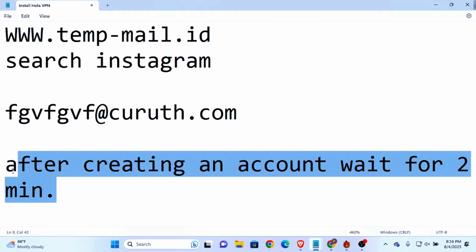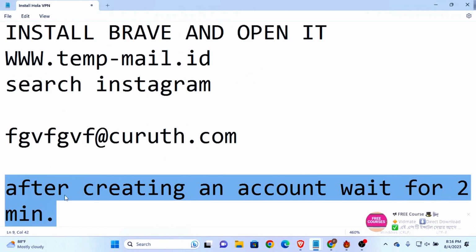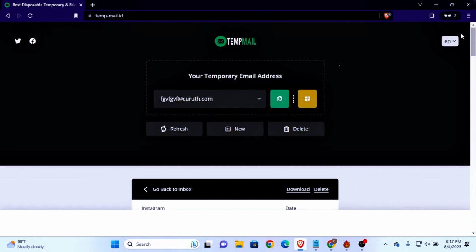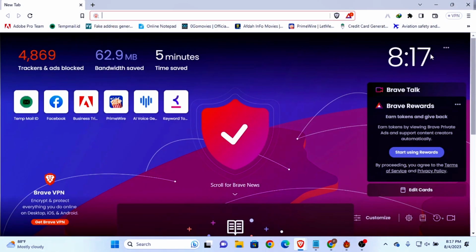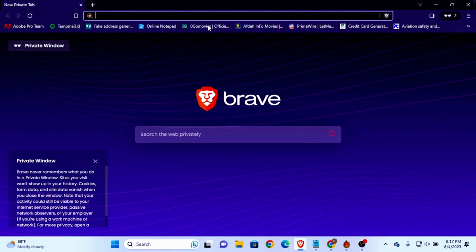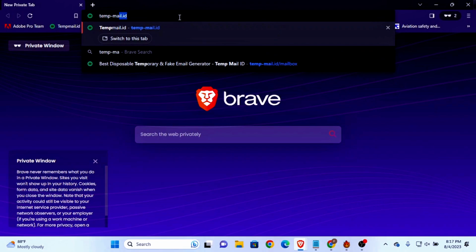So the first thing we have to follow is that after creating an account we have to wait for 2 minutes. Okay, we have waited for 2 minutes. After waiting 2 minutes, we will close these tabs. Again we have to go to these three lines, and go to new private window. Then we again have to search that site,